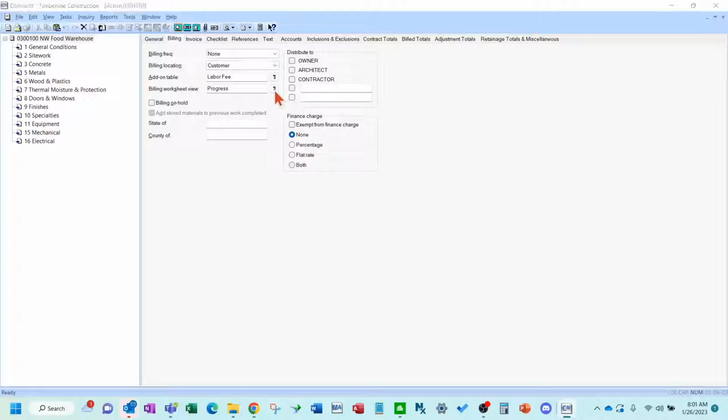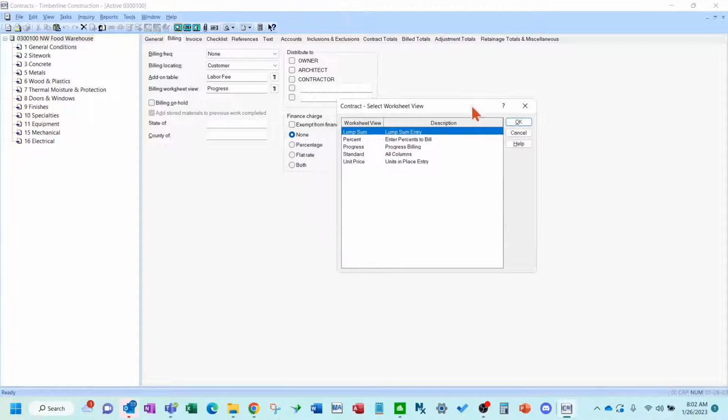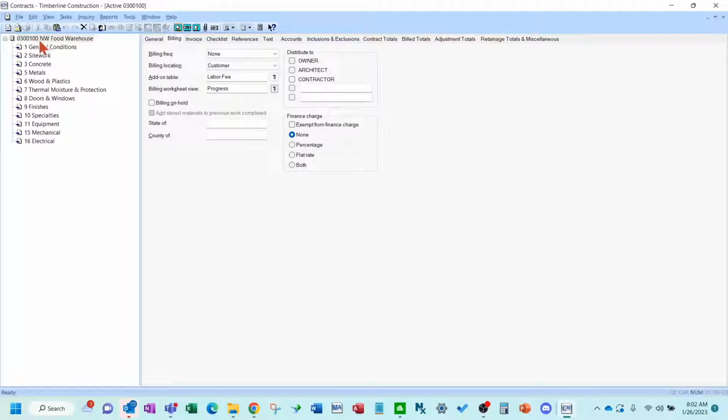Make sure you pick your progress worksheet view on the billing worksheet view, and we're still at the high level. If you have a fee that you want to add on, and I'll explain rate tables and add-ons and markup tables in a minute,